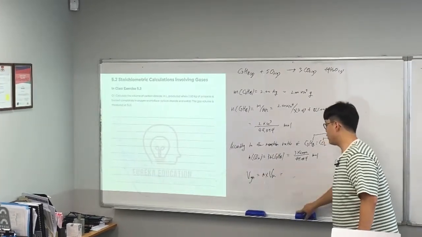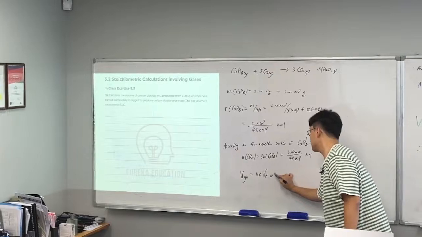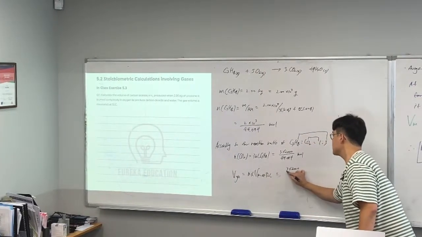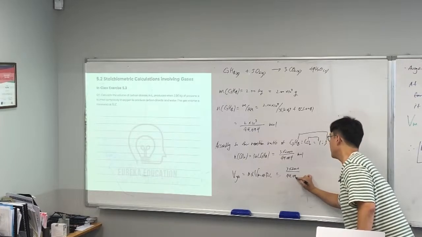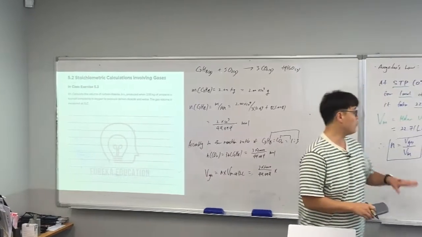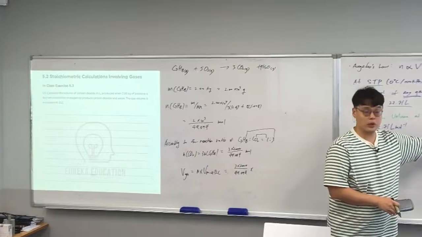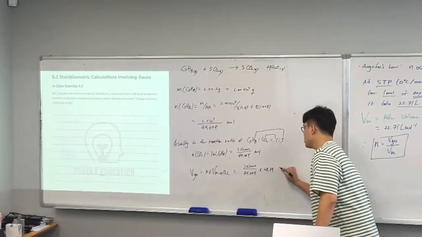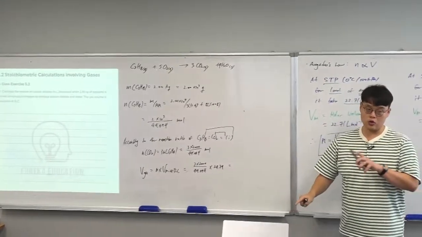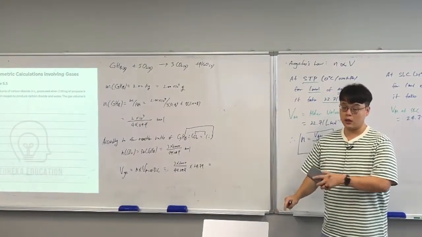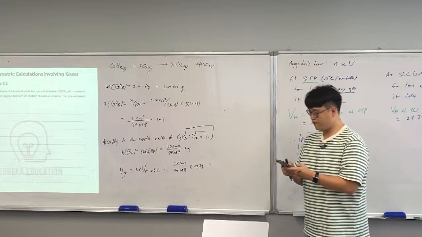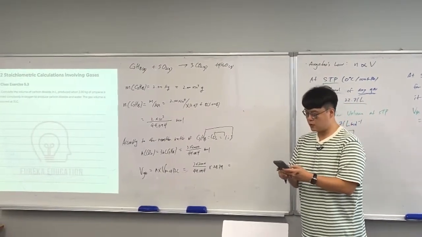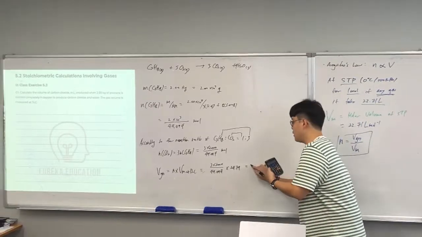Let's write it down, molar volume at SLC. This is 3 times 2,000 divided by 44.094, times the molar volume at SLC, which is 24.79. Just substitute the values in. After you show that working out, then use your calculator. So 3 times 2,000 divided by 44.094, times 24.79, all in one go, you'd get